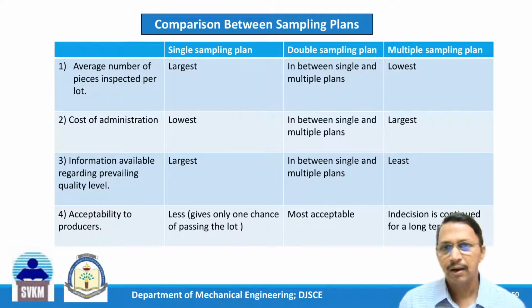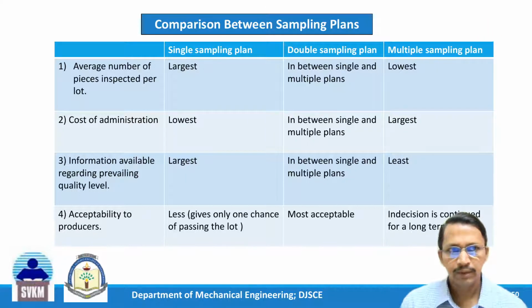Let us compare between these 3 types of sampling plans. Here, in this column is the single sampling plan, in this column the double sampling plan, and here the multiple sampling plan.